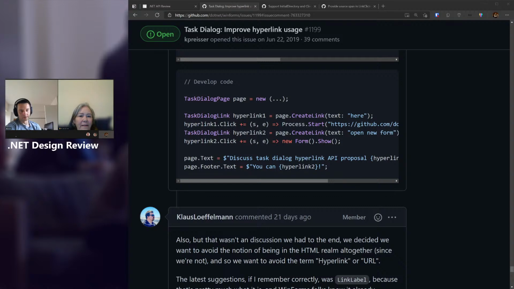Page.links.add hyperlink 1. Yeah, you would have to somehow parent the objects to the other page, right, so that somebody can basically walk the objects and build a dictionary. Isn't that how most of the collection types in WinForms already work? Yes, that is how most of the stuff works, and that's also why most of the stuff is designer-based, so that you don't have to write that code because it's boilerplate. You could even imagine that the task dialog constructor took a string ID defaulting to null. If it's null, it auto-generates from new GUID, and otherwise it uses whatever the user specified.